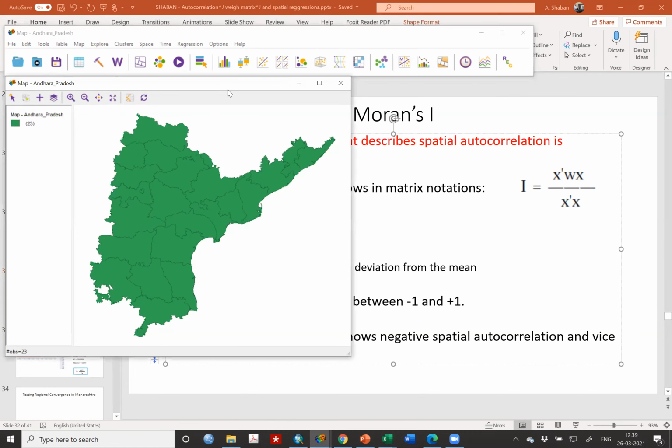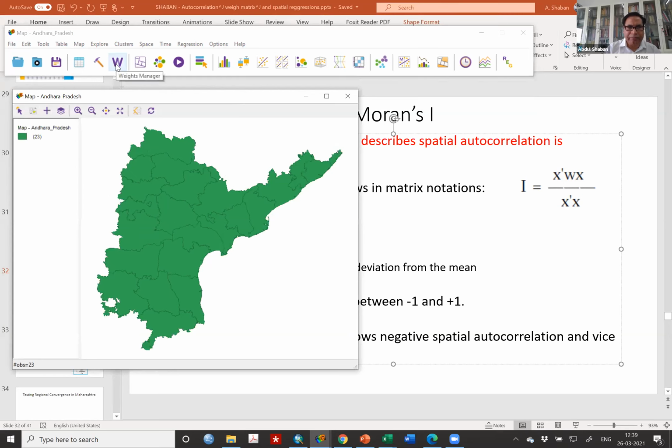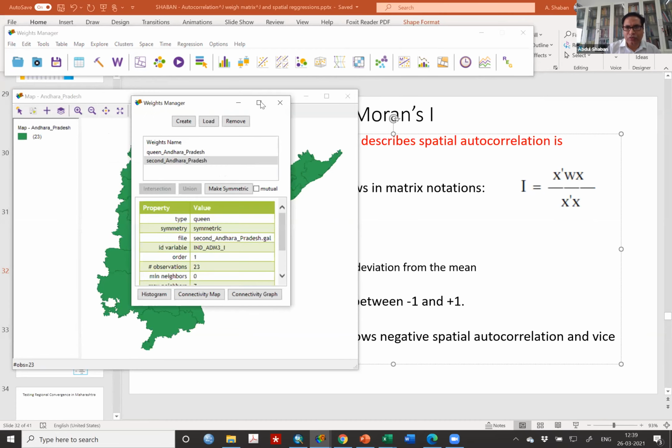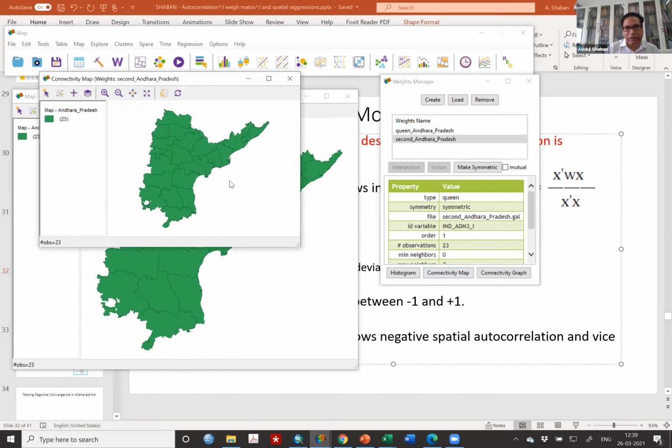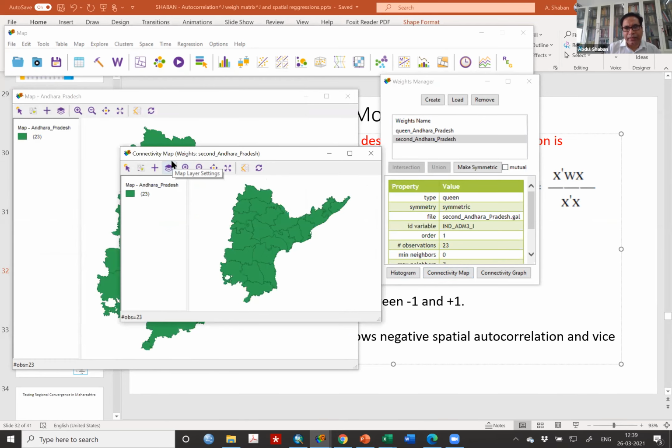Now you have this one. Let us see this. Press W again. If you press W again, what will it ask you? It will ask you connectivity map. It is very important to see how this our data is connected. Press connectivity map, and you press it, connectivity. Another window will open like this, connectivity map. And if you see anywhere you take, it shows who are the neighbors.